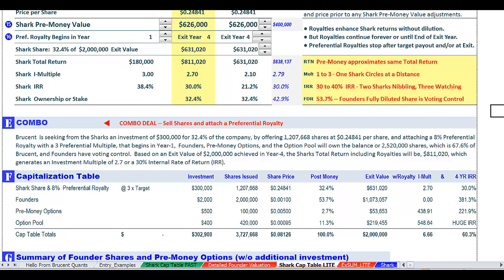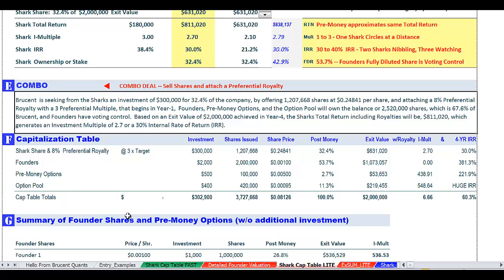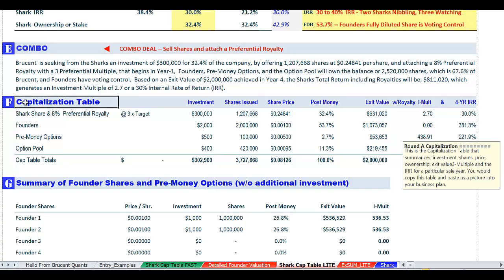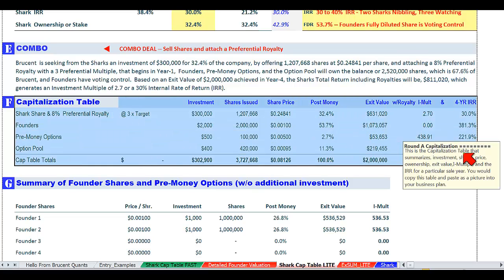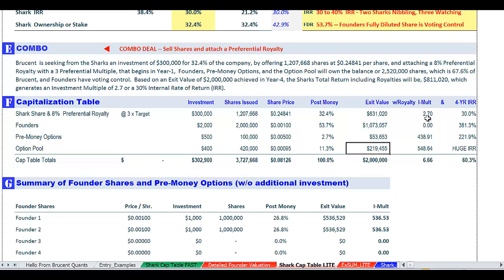Okay, so next thing that happens here is that we have agreed this is going to be a good possible deal. So the model is actually writing up exactly the terms and conditions. Here is the long-awaited capitalization table, and I want to move that little guy out of here. So you can see we have the four components of the capitalization with their respective exit values and their multiples